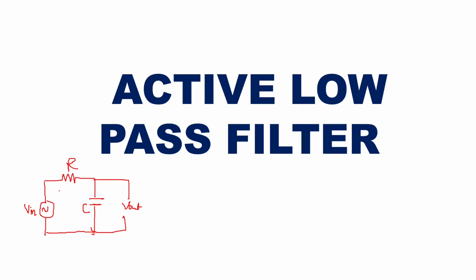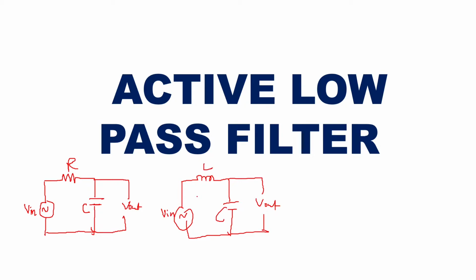Now this low pass filtering you can also achieve by using an inductor in place of the resistor, which you must have seen in our communication subject. So you can have it like this also. Here you can have your V out, and this will be your C, this will be your L, and this will be your V in. But these are all passive low pass filters. If you want to make them active, then along with this passive arrangement you should use an active element which can amplify the output.